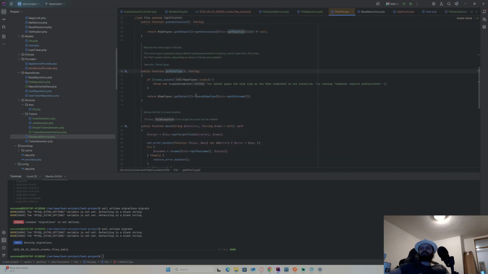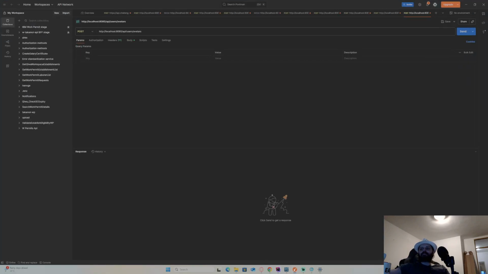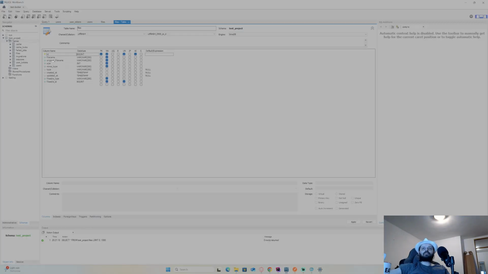Always calculate your own. MIME type, get default, yeah, that should be it. It's guess MIME type. Whenever it's a guess, it's calculated. So that's fine. Next MIME type, edit size, edit type will be last. Original name, size, MIME type, yeah, then type.